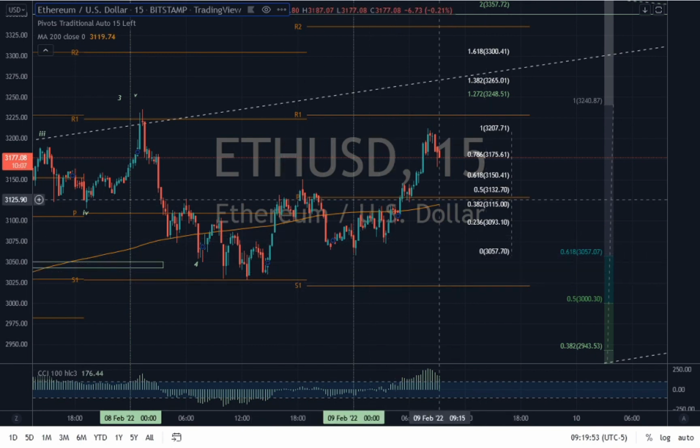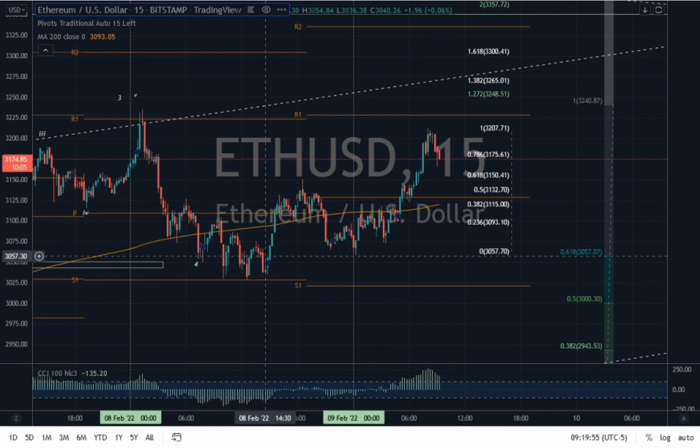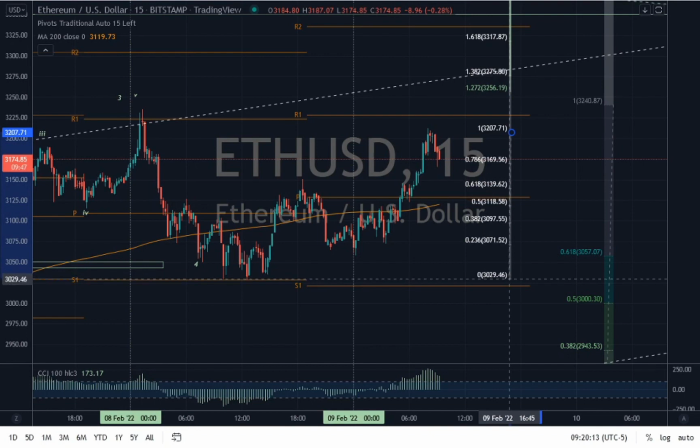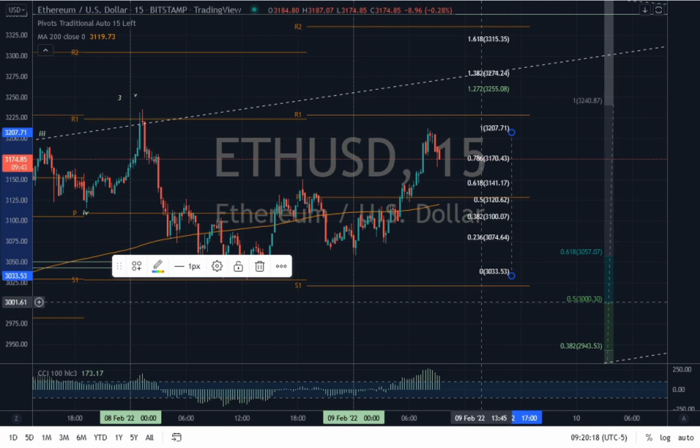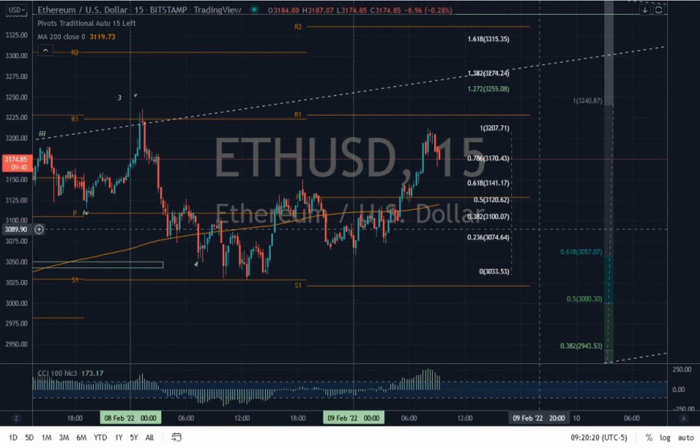I would still fill the pivot level and the S1, because this looks like there is a higher degree wave here. There's a 1, 2 that ended here. Now there's an internal 1, 2, and a 3. This adds up into an individual 1, 2, 3, 4, and a 5 if you want to use that count. Then if this even was a correction B, so a correction C, you get a retraction back to 50%, which is the pivot level. 3,120 is a buy.